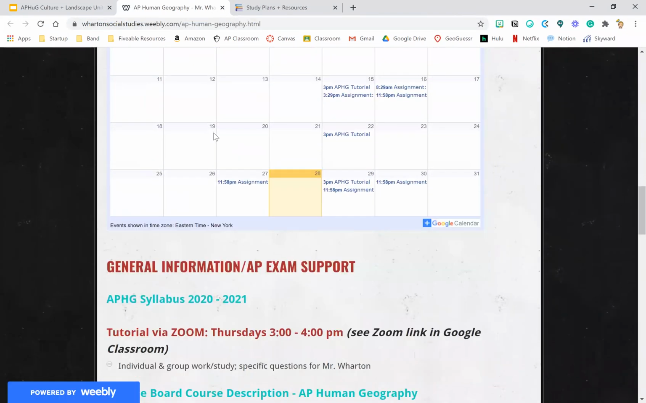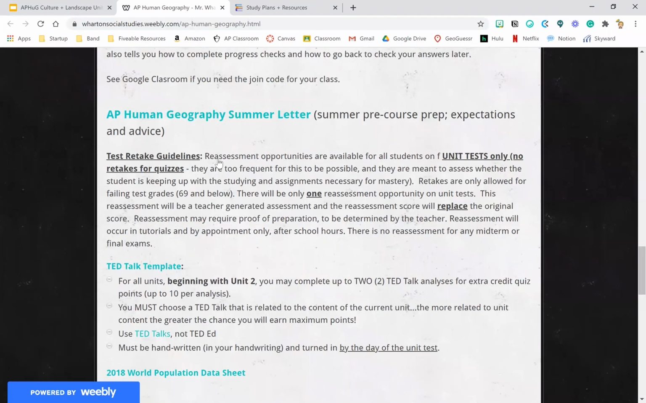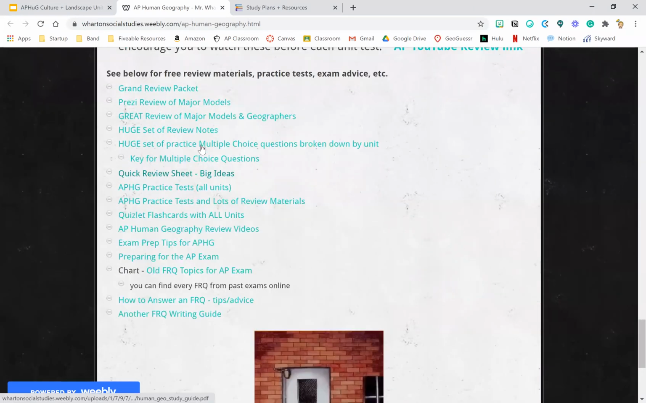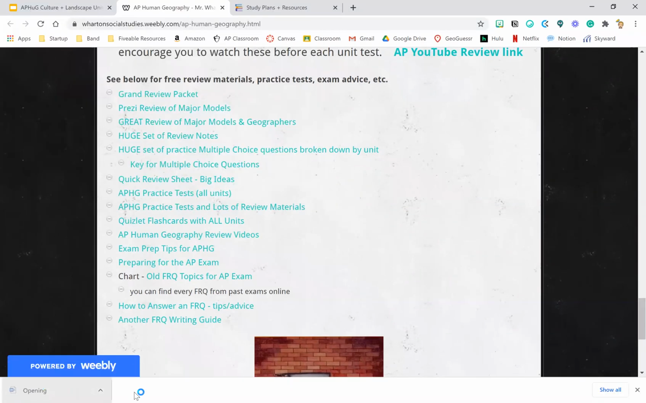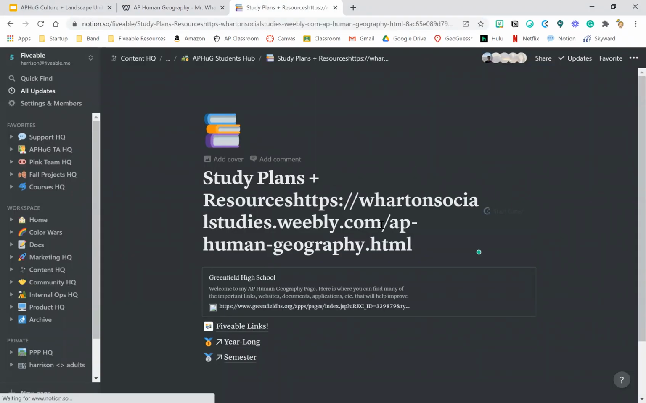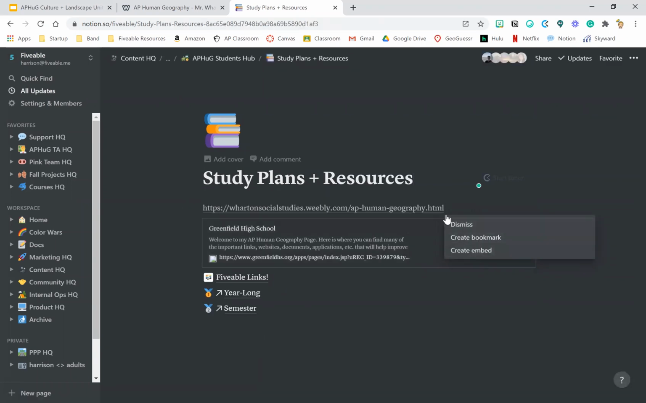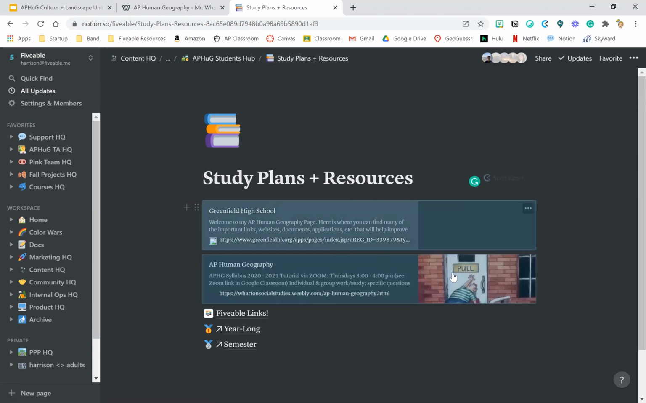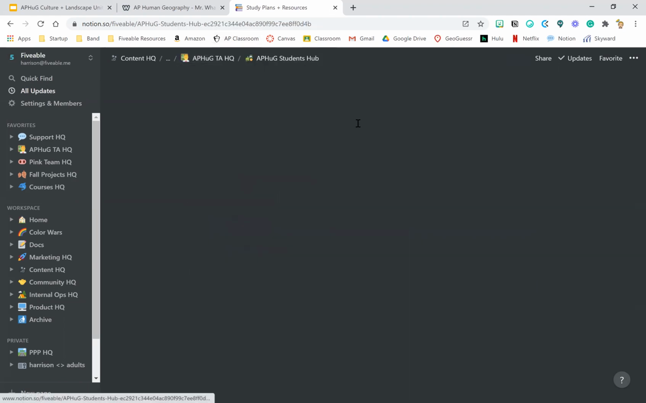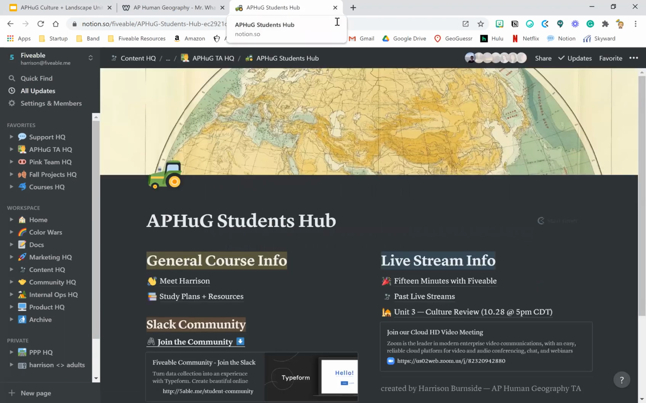Let's see, can I find any MCQ practice here? Oh, perfect. If this breaks it down by unit, then I will link it in the student hub. Yes, it does. Okay. So if you look on this page, Wharton Social Studies, which I will also link here, they have some practice MCQs by unit, but you have to download the whole Word doc, and you also have to download the keys separately, so just be aware. Okay, perfect. So there are some practice MCQs,